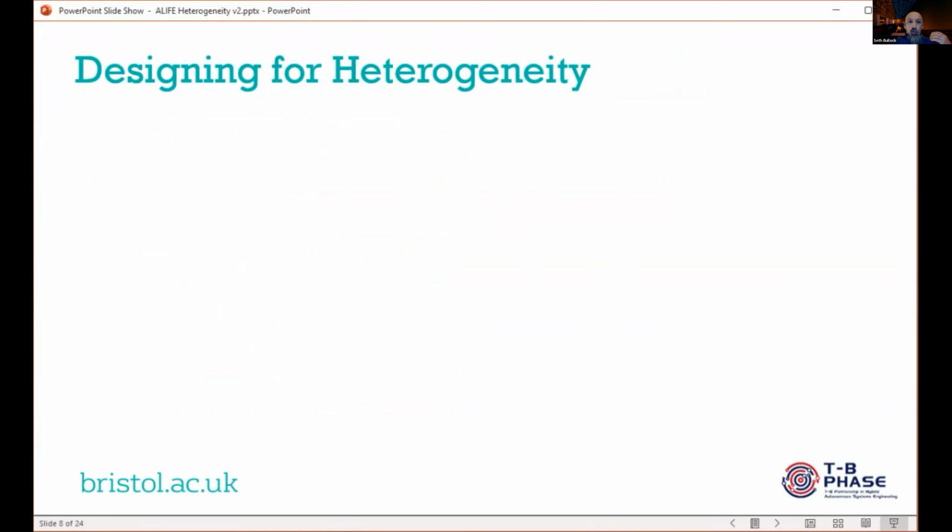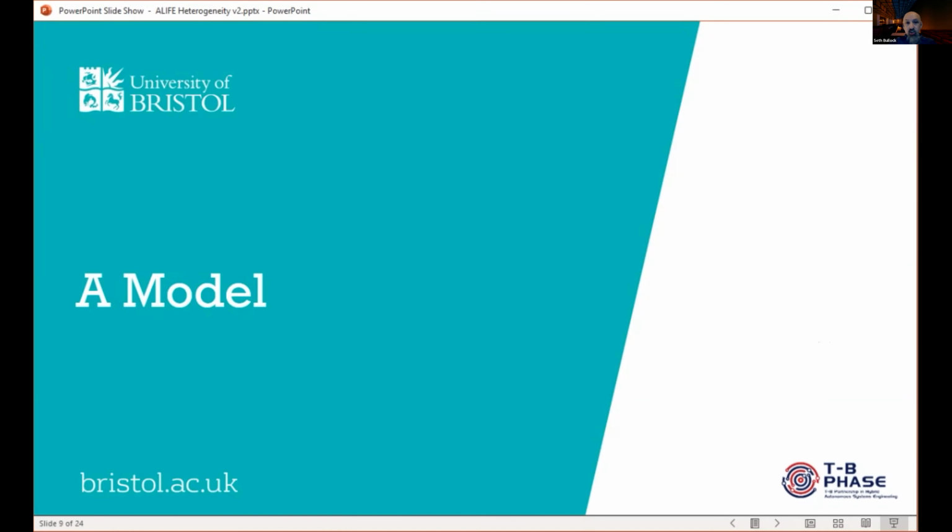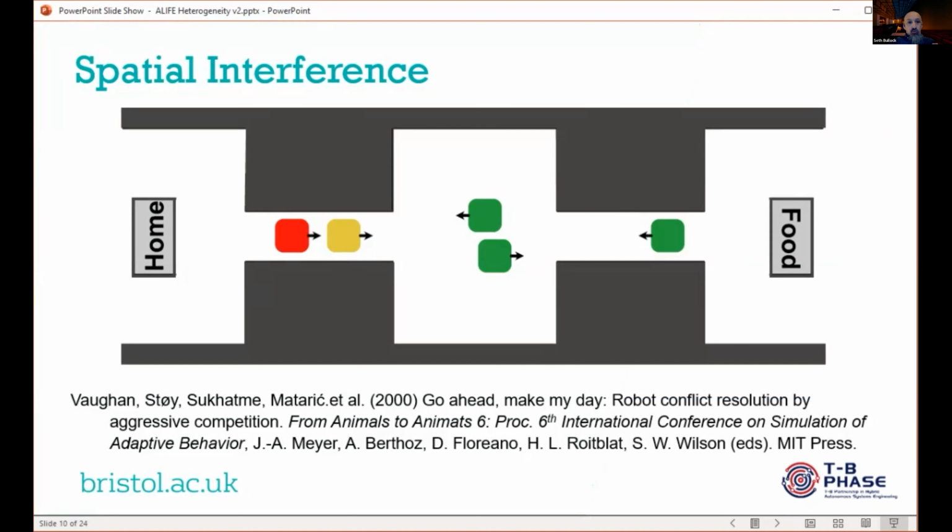So ultimately, we're interested in trying to design to exploit heterogeneity. If it's going to be there, if it's almost a fact of life for these robot engineers, then we have two options. One is to extinguish it and limit it as much as possible, and the other is to somehow make use of it and exploit it. So when can we do that, and how can we do that? So we're going to look at that question in the context of a very simple model. It's inspired by a paper by Richard Vaughan and Casper Stoy and colleagues,